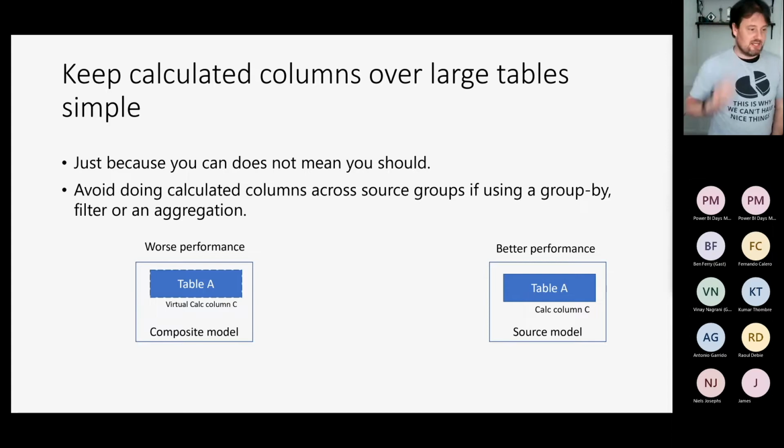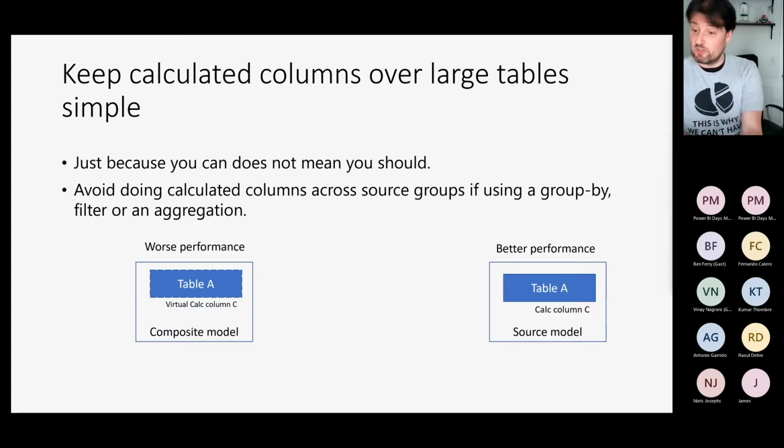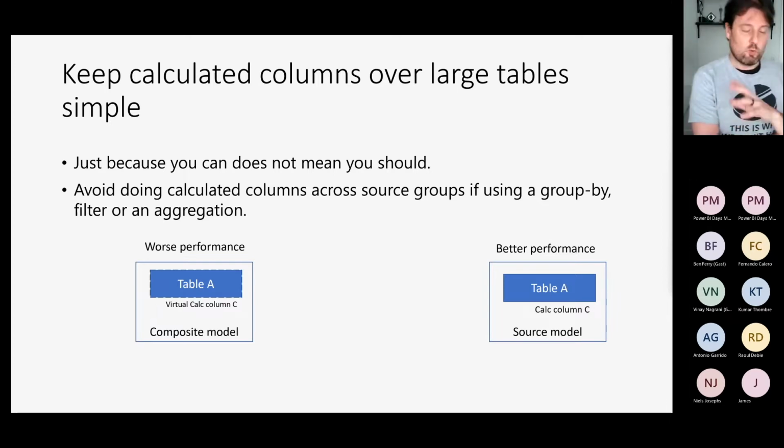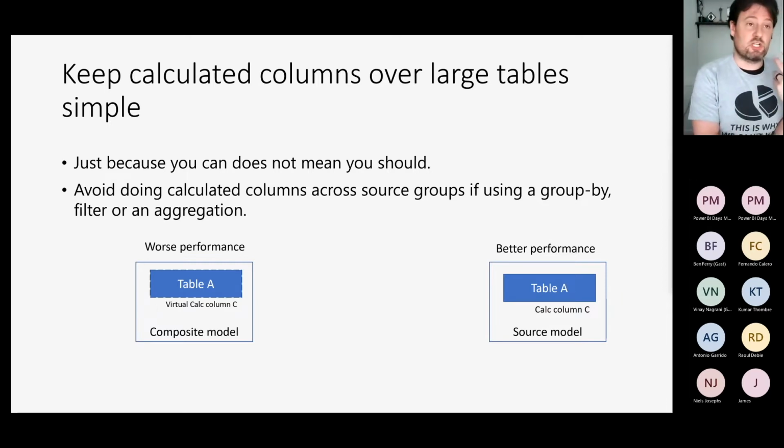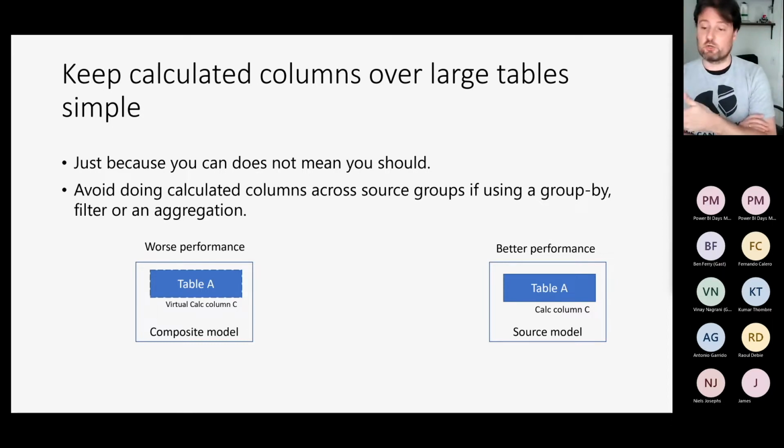Then when you create calculated tables, especially when you create virtual calculated tables, and I'll explain what that is in a second, you should keep them as simple as possible. With this feature, what you're perfectly capable of doing is, as an extension, not only change the format string, but maybe add a new calculation, like a measure or a calculated column. So with this feature, you could connect to your enterprise semantic model and then say, you know what, I need to add a calculated column to my table, but it's not my own table, it's just the remote table, what we call it. We call it the remote, that's the one you connected to. So you are able to create a calculated column. We call that a virtual calculated column now. That thing should be simple.